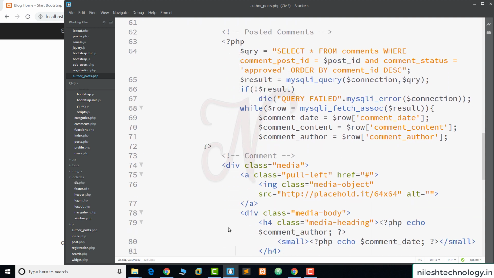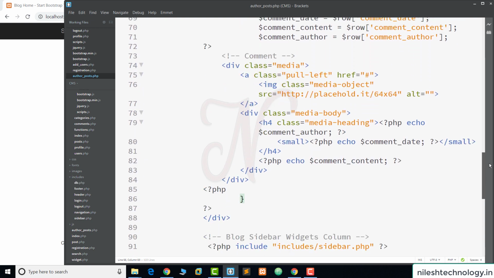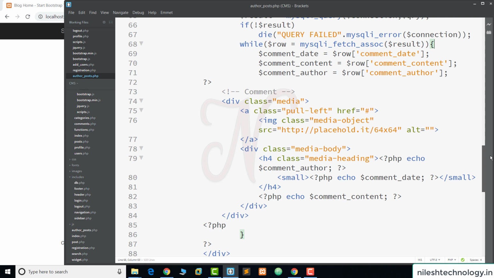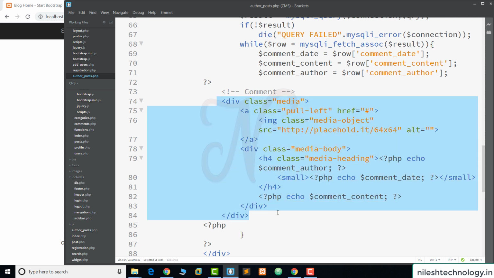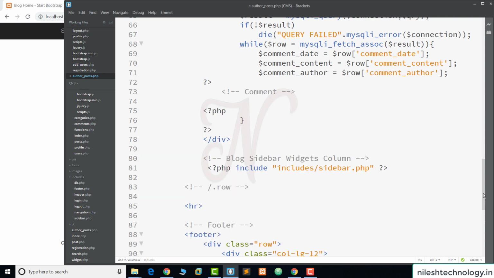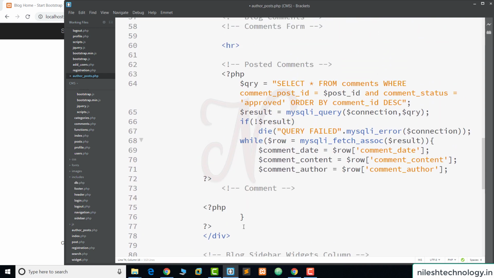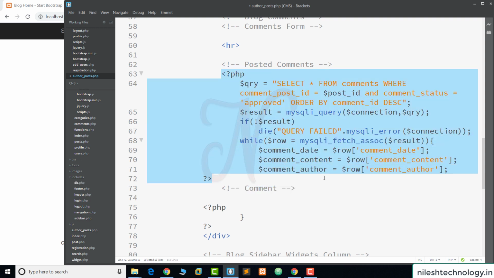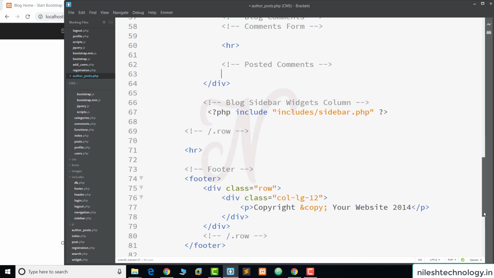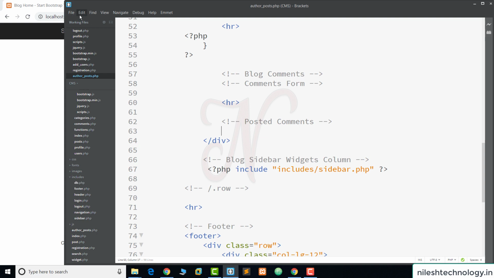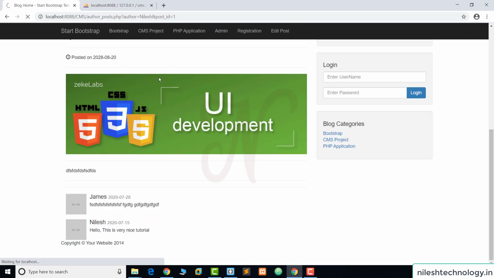This is the posted comment, and this while loop is closed here, and this div tag is here, so we remove this div tag. Then we remove this script, also this one. Save these changes. See here, refresh.